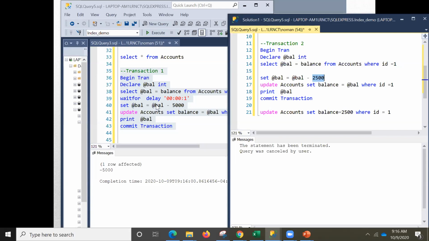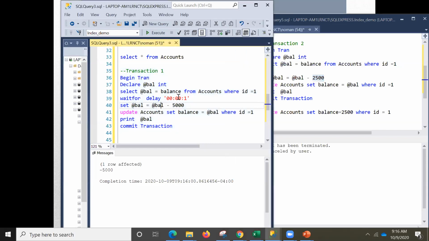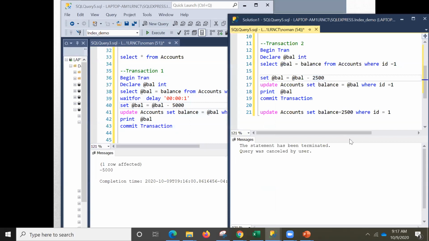But what happens when this transaction comes back to life and is completed? It commits, so it changes the balance from minus 5,000, and it has also read the previous balance. So the update it made will be lost, and this will only be read. I hope everyone is getting that. That is the problem that we get, and this problem is called lost update. Why? Because the update done by transaction 2 was overridden by transaction 1's update, and we don't see what transaction 2 has done.